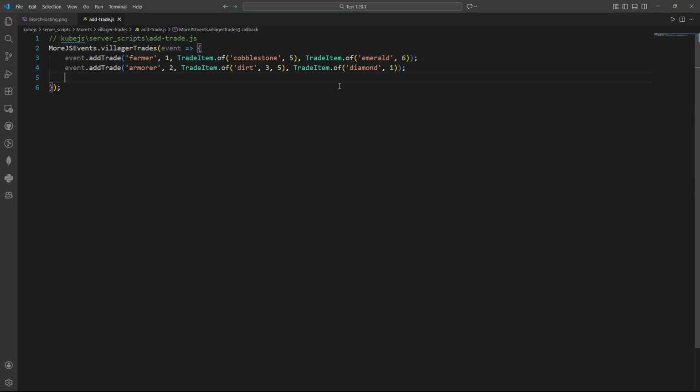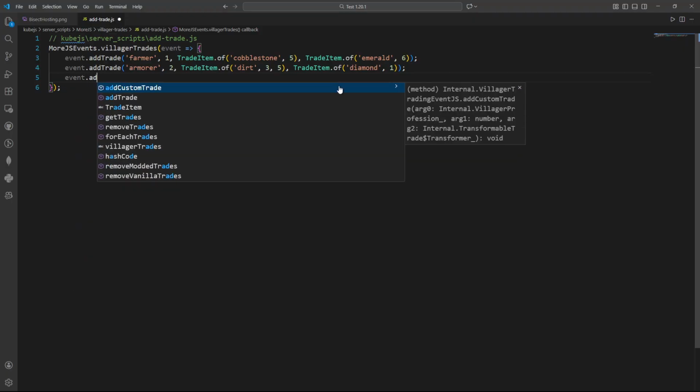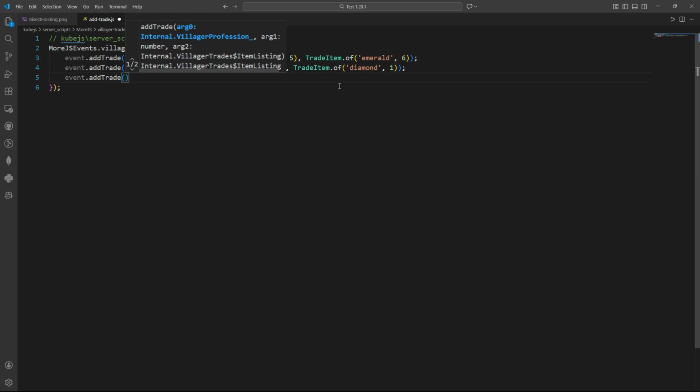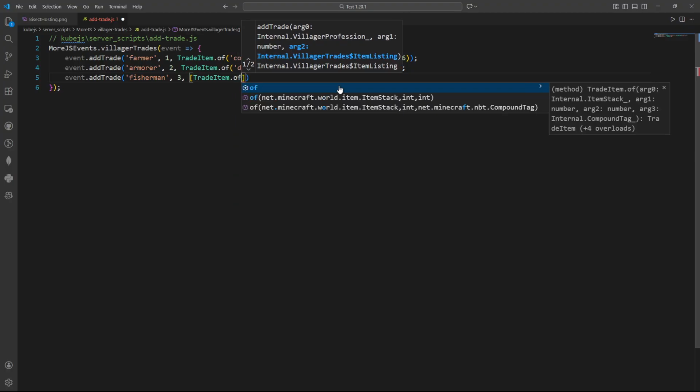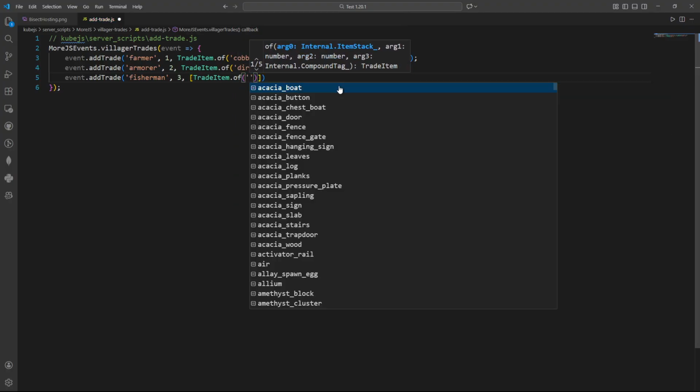And then finally, let us do a multi-input example. So again, we're going to do event.addTrade. Let us do a fisherman, and then let's make it level 3, or a journeyman villager. So if we want to specify multiple inputs, we're going to do a trade_item.of array. So we're going to do our first one, trade_item.of. Let us do grass block,